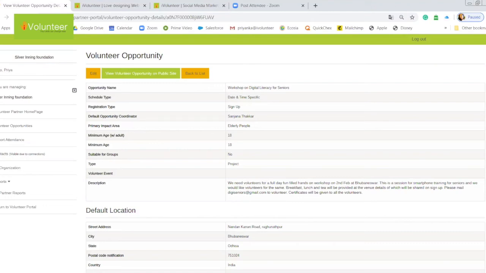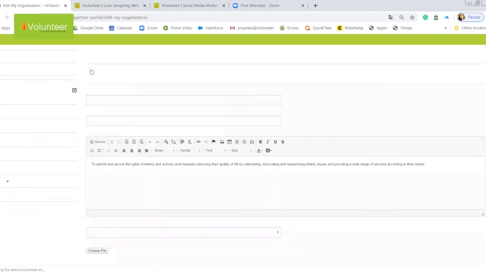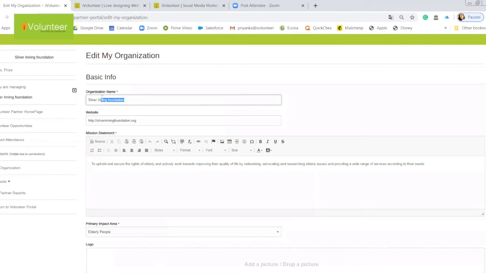Just simply let her know that you would want to change the name of your organization. If you already have VMS access, here is the option, My Organization, where you can go and make changes to your organization details. You can add more info to it. Here comes the organization name, where you can make changes, and the other necessary things also which you want to change. But if you are struggling, you can always connect with your local person and ask them to change it. Now you can do it yourself also.